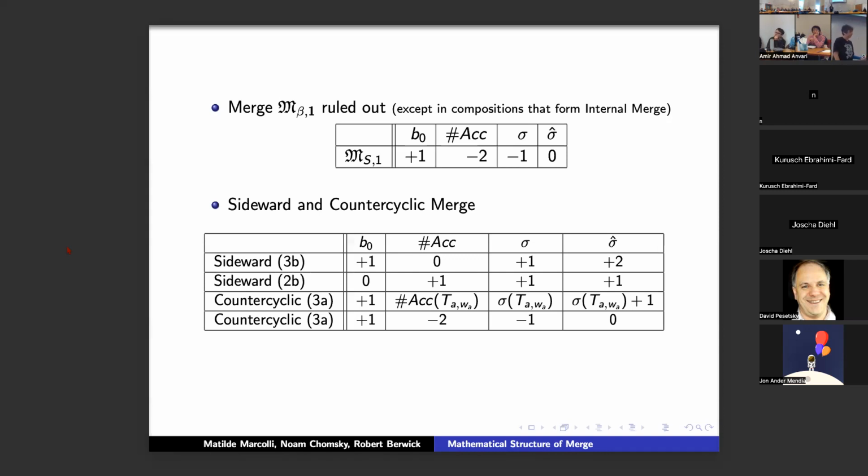The other forms of merge essentially all violate this conservation, except for one of the cases of counter-secret merge. I'm not sure what that means. If somebody has some interpretation for this, that's nice. But you see that all